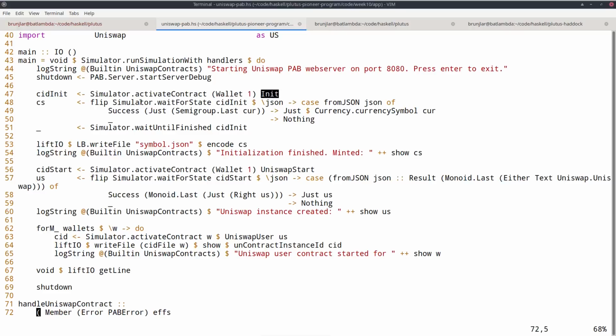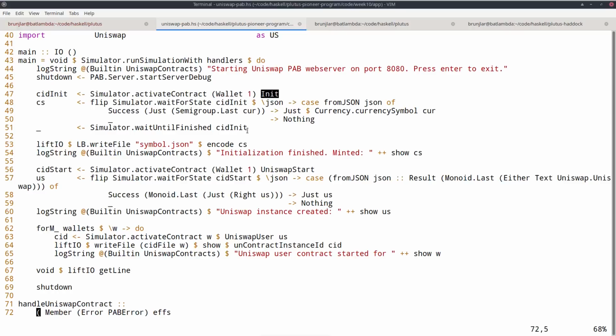And we wait. So this will concurrently start this contract, but then immediately continue. It won't block. So we use this wait for state that I explained when we talked about oracles to wait until init returns. And what init will do is it will write the currency symbol of the forged example tokens into the state. So we wait until we see that, and then we remember it.